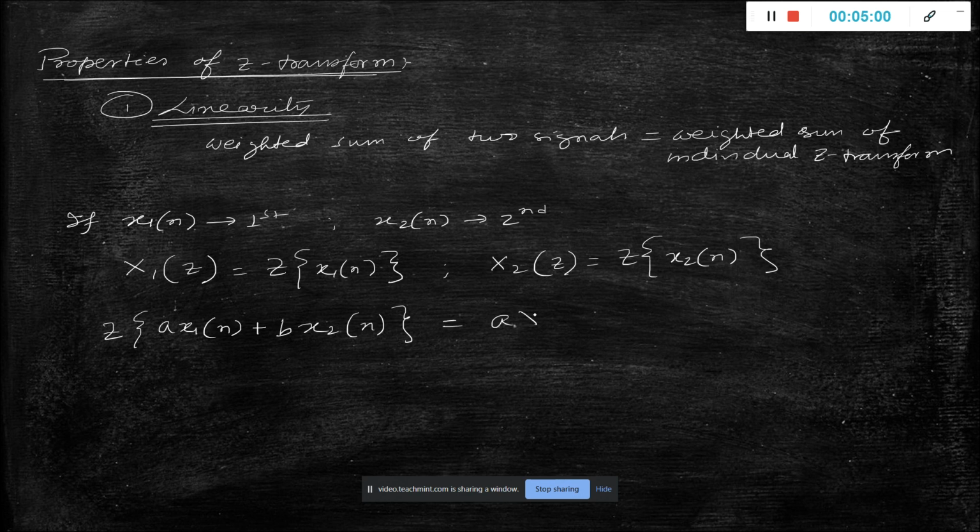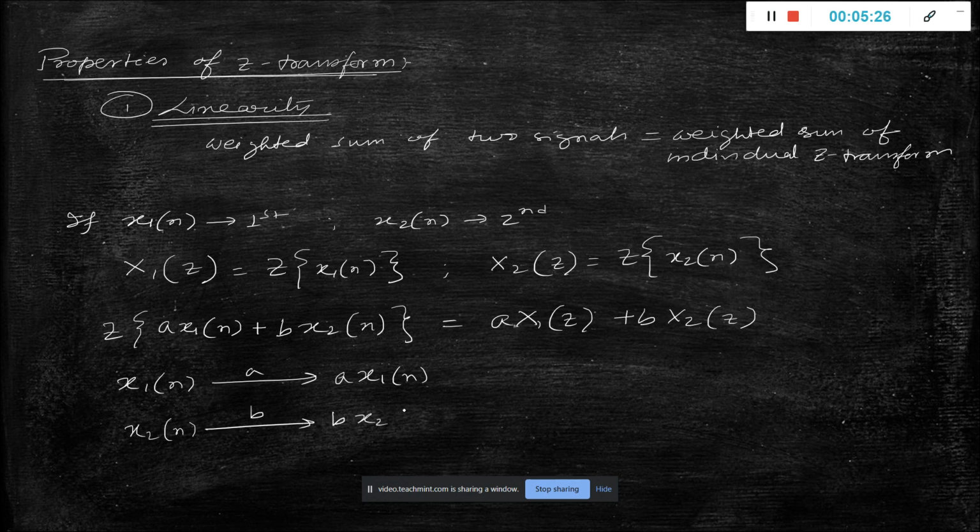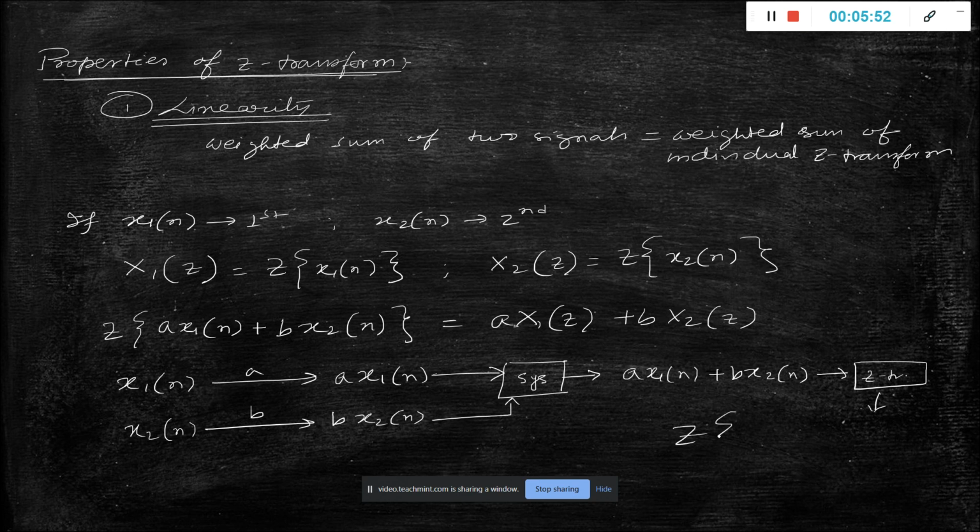It must be equal to a X1(z) प्लस b X2(z)। दैट मीन्स सिस्टम को अगर हम देखेंगे तो x1n का एक कोफिशिएंट लेंगे a, x2n का एक कोफिशिएंट लेंगे b, एंड देन इसको हम ऐड करके ये एक सिस्टम है, जो सिस्टम का आउटपुट देगा वो क्या है, a x1n प्लस b x2n, and then we will do the Z transform and we will get the Z transform of a x1n plus b x2n। ये हो गया फर्स्ट केस।